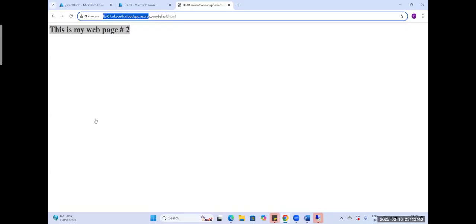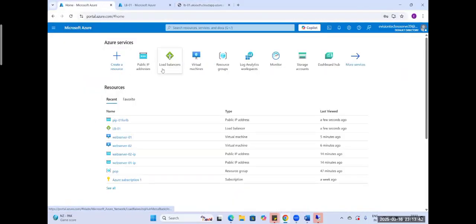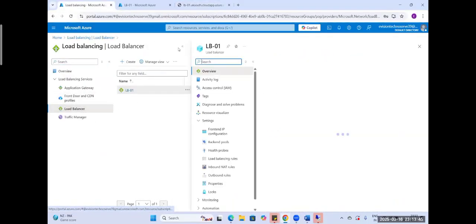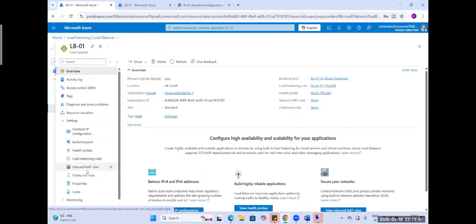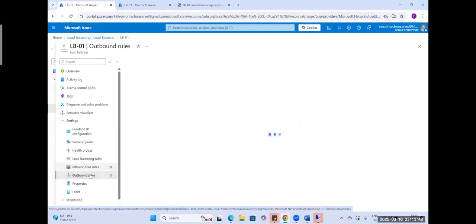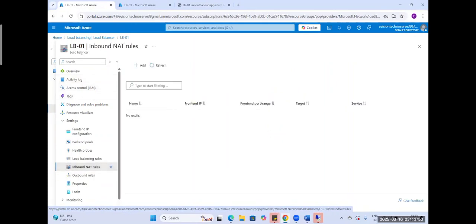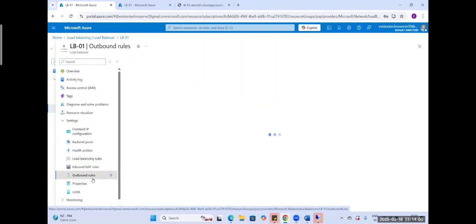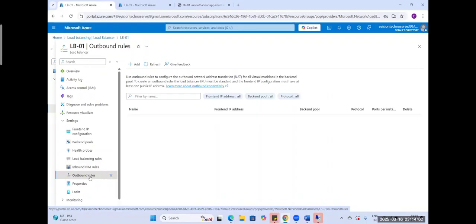Now two topics are still there. Load balancing तो हो गई है complete, but there are some additional topics that I would like to discuss, which is inbound NAT rules and outbound rules. तो ये दो topic लोड बैलेंसिंग से रिलेटेड नहीं है, बट दिस इज द पार्ट ऑफ लोड बैलेंसिंग। इस टॉपिक पे मैं आपको प्राइवेट आईपी से रिमोट लेना, मतलब बिना पब्लिक आईपी के रिमोट लेना बताऊंगा। एंड विद दिस टॉपिक आई विल शो यू हाउ टू रिस्ट्रिक्ट द इंटरनेट एक्सेस।